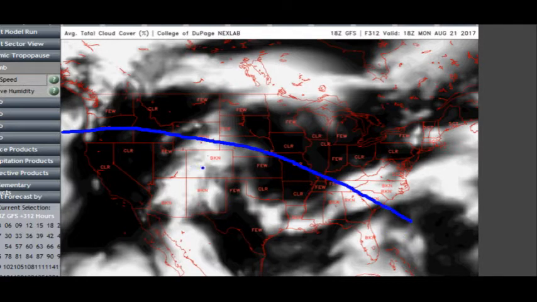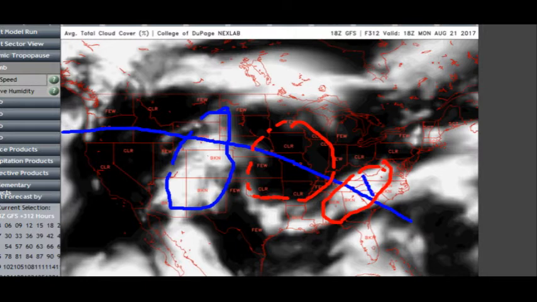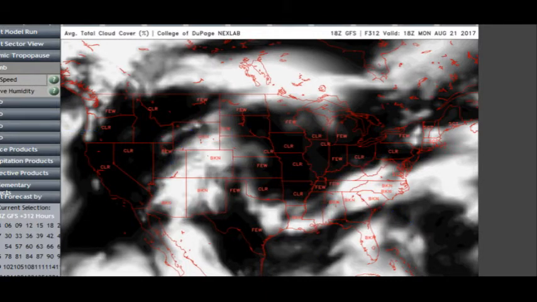So this is showing that perhaps some of the strongest problems are going to be in the northern plains, the high plains, the Great Plains itself, with the lower plains and Midwest looking good, and then they put a lot of cloud material in the Appalachians, and that is one area that I've been concerned about for quite a while. However, if we look at previous runs, like last night's run of the GFS,